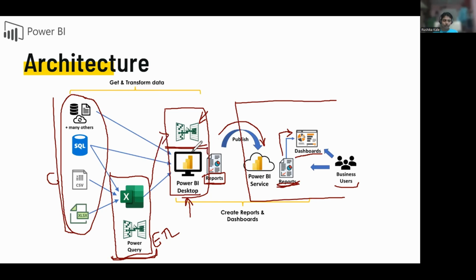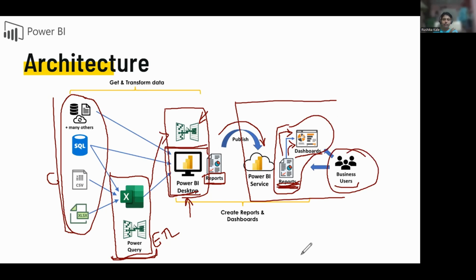In Power BI desktop, you have built the report. Once your report is finished, we are done with the report process. You are going to send it to Power BI service. Power BI service is your cloud location, internet. Okay, and through the internet, there is a report that you have published first, and you can build the dashboard out of it also. And those reports or dashboards can be shared with different business users. Business users means clients or customers.